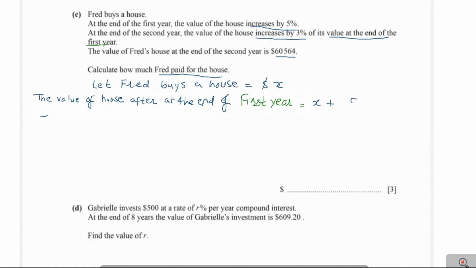We take 5% of X. That value will be equal to X plus 5 over 100 X, that is equal to X plus 0.05X, that is equal to X into 1 plus 0.05, that is equal to